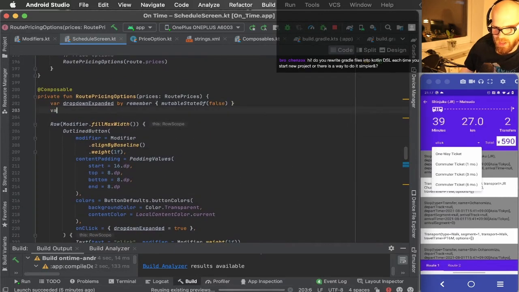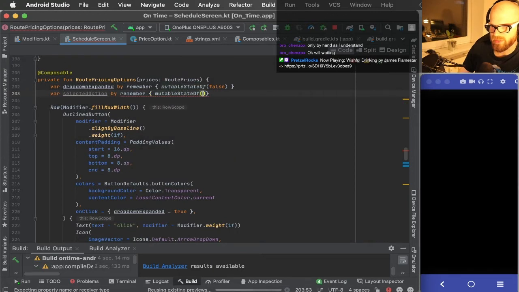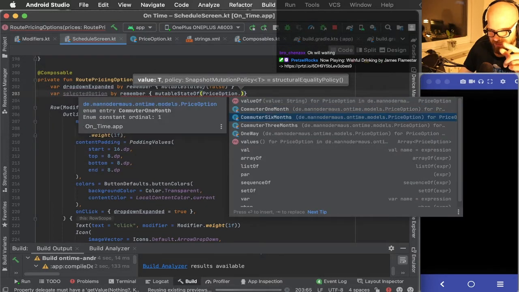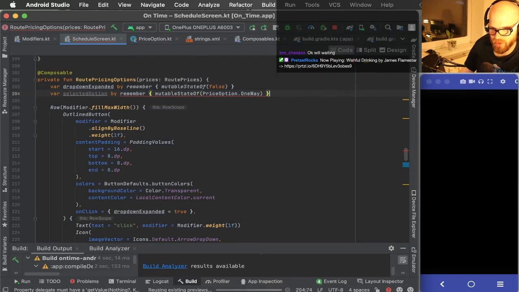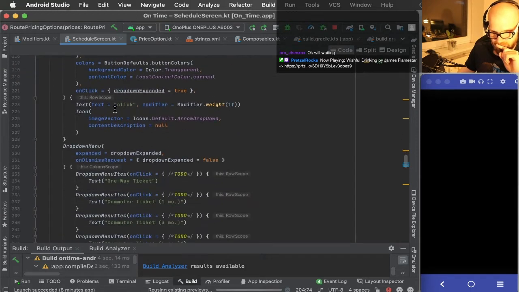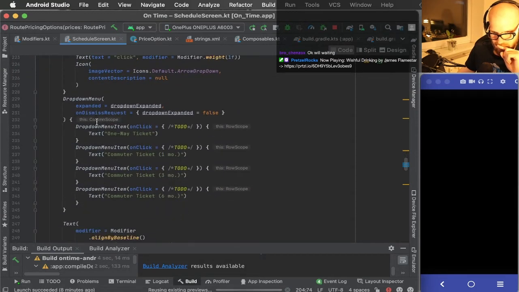I'm going to add a new state. So I'm going to create an immutable state of a price option. And this state will hold whatever I select in the drop-down. It's going to start with one way. And it will update itself depending on what I select in the drop-down. So here,